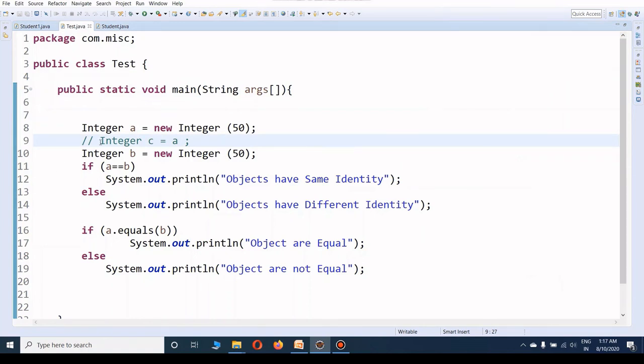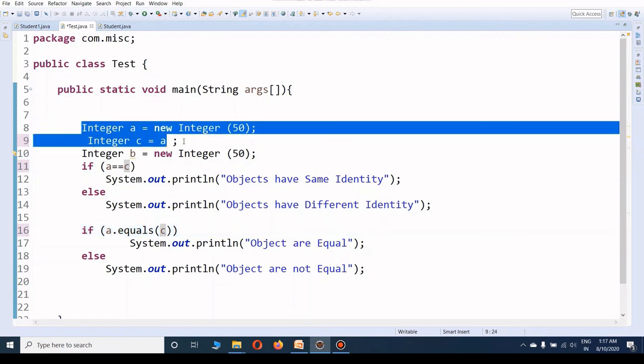But what if I create one more object and assign my one object to this object? Then what will be the result? Can you tell me? Let's check. Object c. Now what is happening? If you remember the slide, I have created two references referring to the same object. We have done the same here.